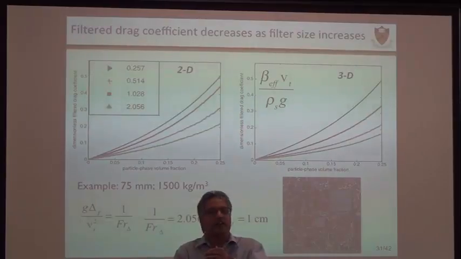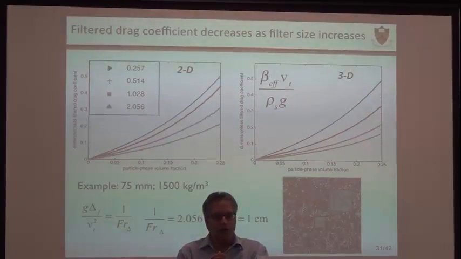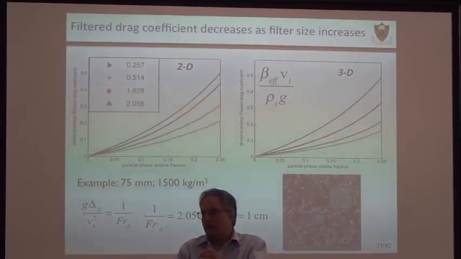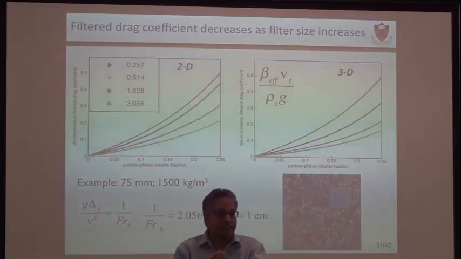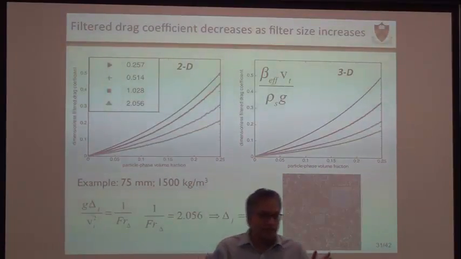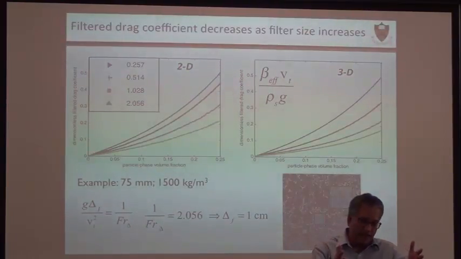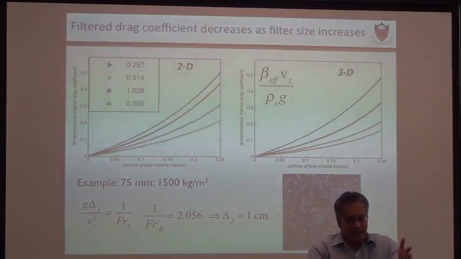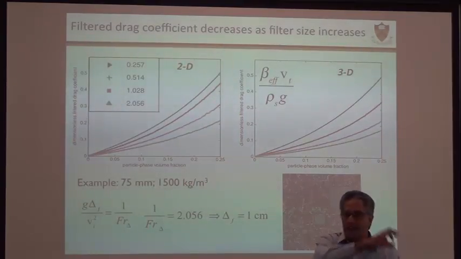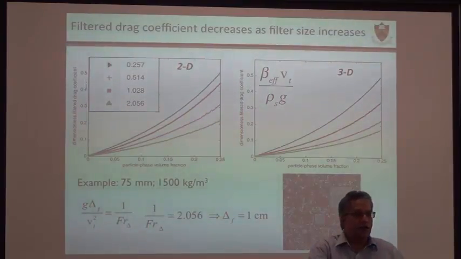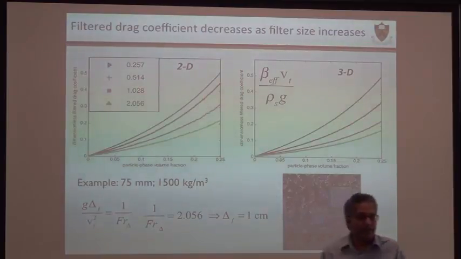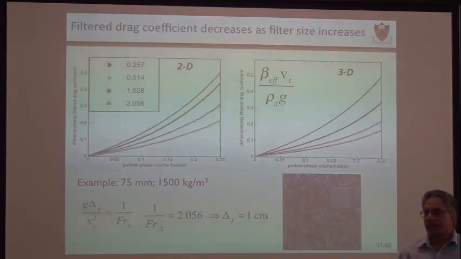If you don't recognize that, you're going to be wrong in talking about the force that the gas exerts on the particle by 50%. So if you go to even larger grids, if I'm doing an industrial scale reactor with grids this big, then all the structures that I am not taking into account are going to push the curve even further down. As a result, you will be completely off.